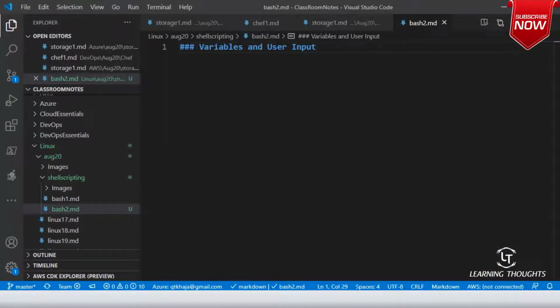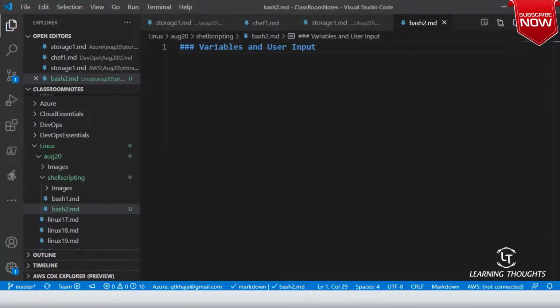Let us try to understand the following. How do I basically define a variable? So what is a variable? I think we have discussed that in the Python class, but let me reiterate what a variable is.